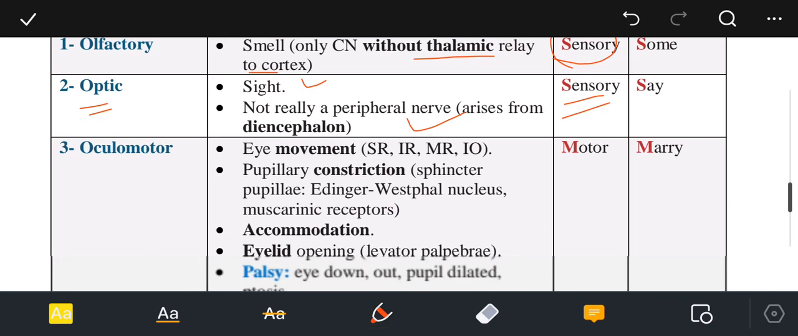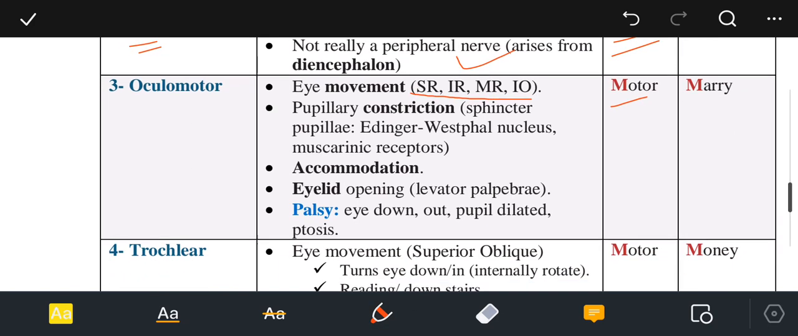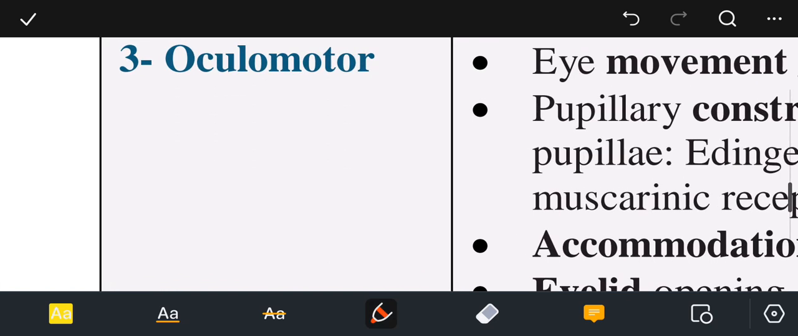The oculomotor nerve is a motor nerve. It is responsible for eye movements by the superior rectus, inferior rectus, medial rectus, and inferior oblique. Now there is a chemical formula. It's not a chemical formula, but it looks like a chemical formula. So it is SO4,